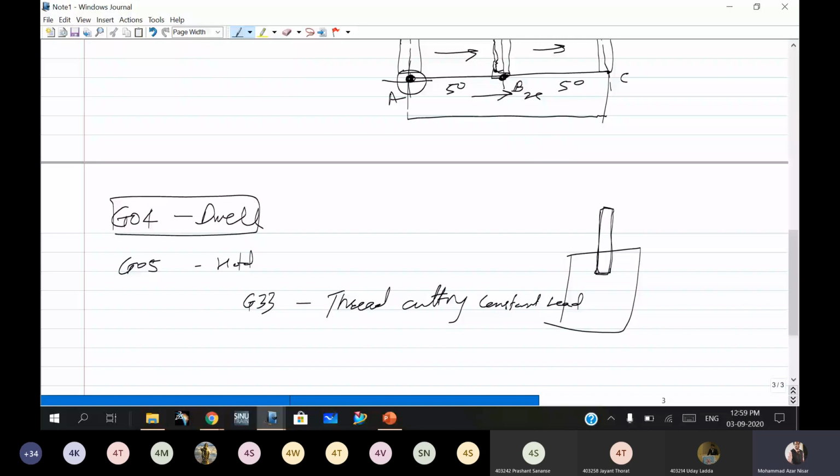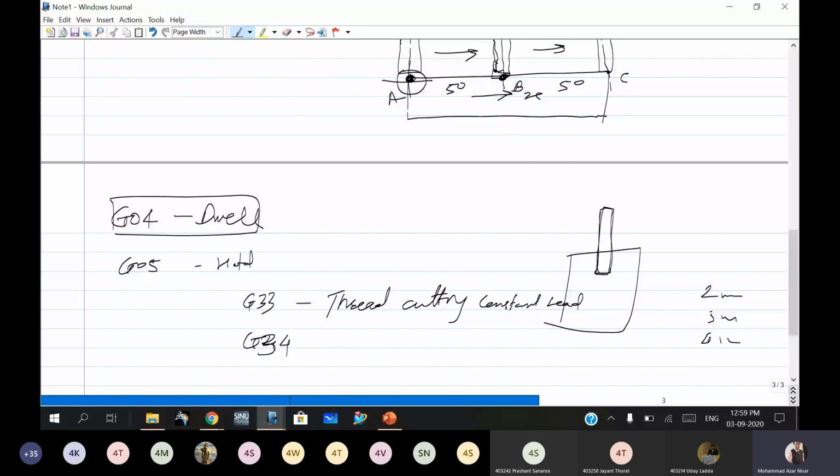Then G34 is thread cutting with a linearly increasing lead. Suppose 2 mm, then 3 mm, then 4 mm; at that time G34 is used.